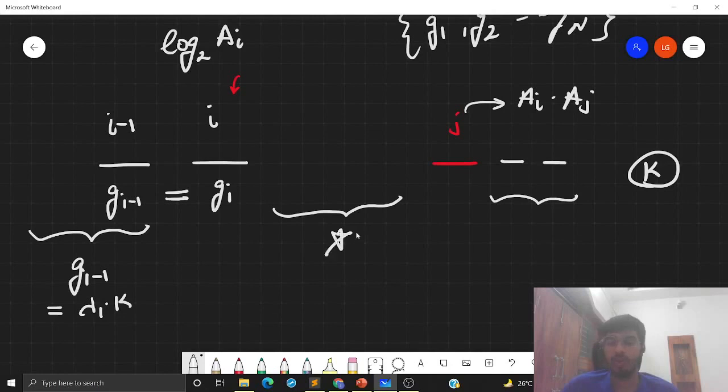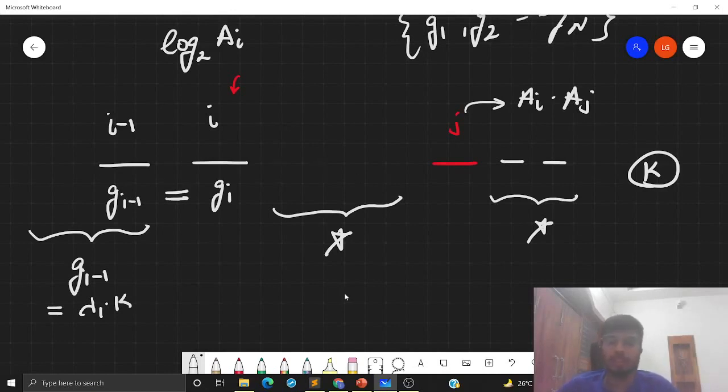Also, these other values were multiples of k. So to summarize, because the answer is k, g(i minus 1), the GCD of the elements in the middle, and the GCD of the suffix are all multiples of k. Because g(i minus 1) equals g(i), ai is also a multiple of k, and the new value at index j will be ai multiplied by aj, which is also a multiple of k.